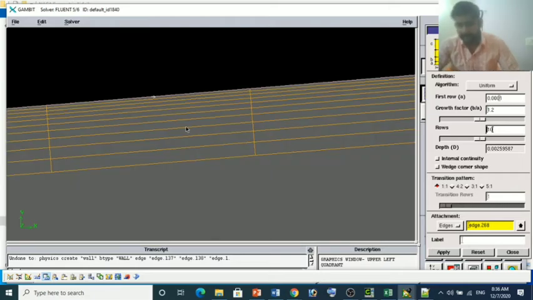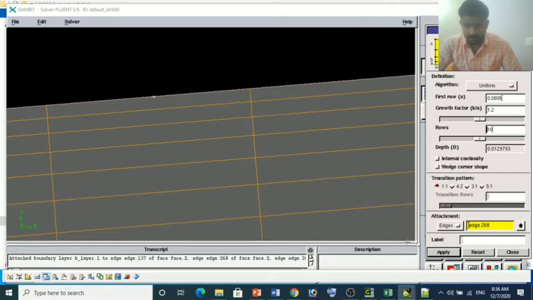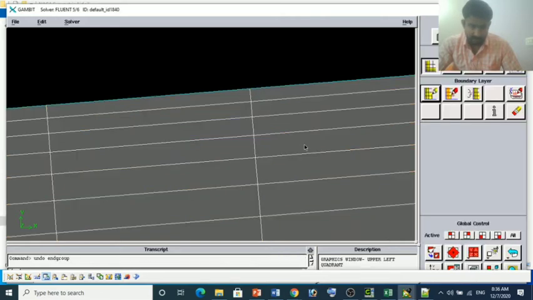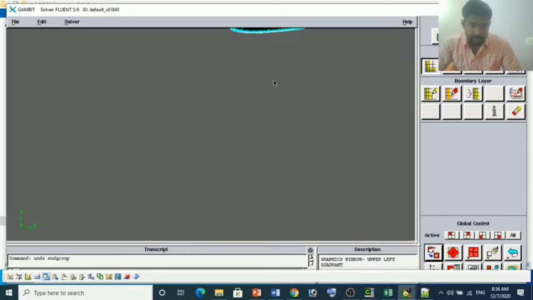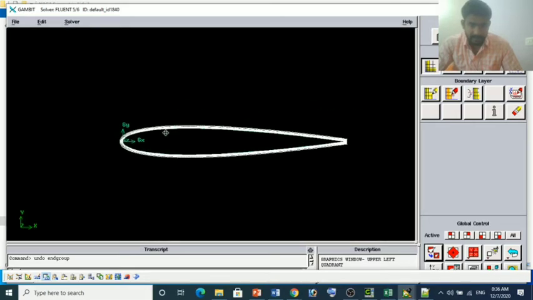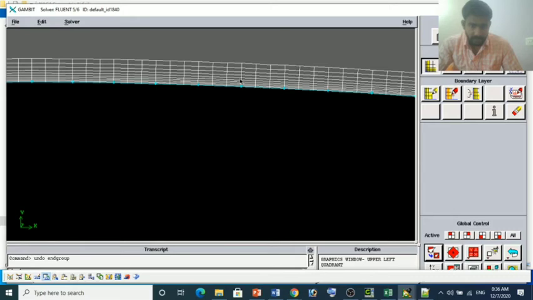Yeah, I think this will be sufficient for understanding purposes only, right? Growth factor, depth, otherwise we will reduce to 5 times. Okay, this will be looking good. We'll see how it's looking. Okay, because we are doing a very fine domain with the fine discretization, so you can see how the